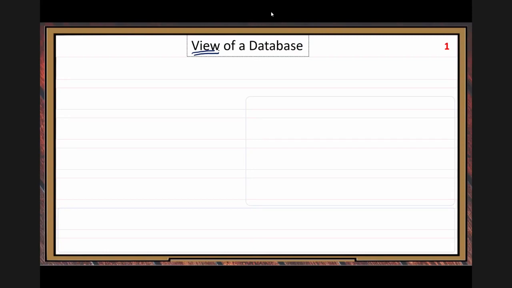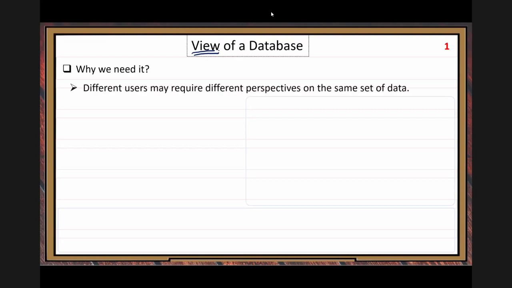So it connects to that original view meaning, but it has its own special meaning. All right, why do we need this concept, view? In the business world, it is useful. Different users may require different perspectives on the same set of data.